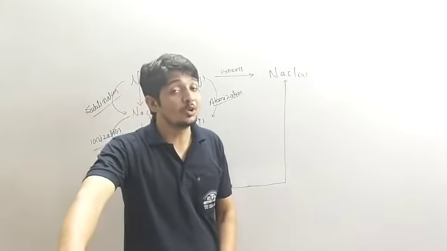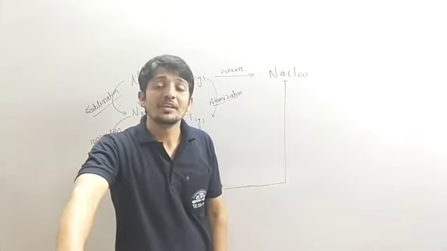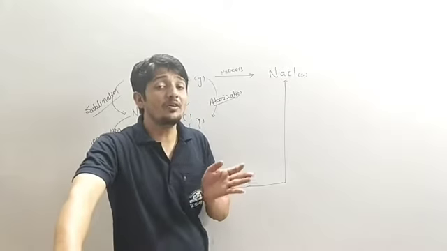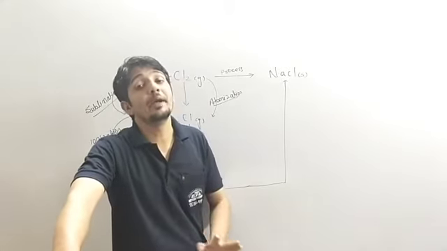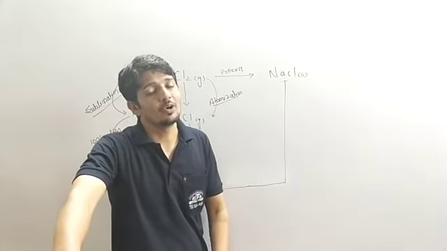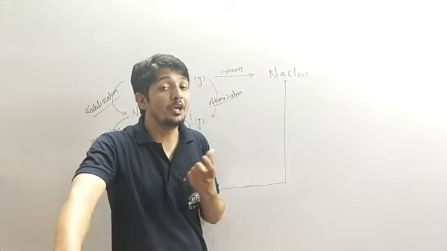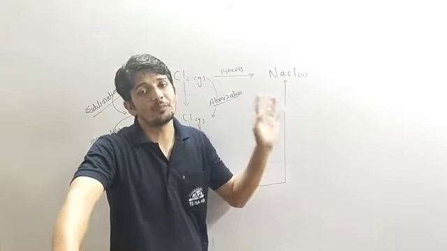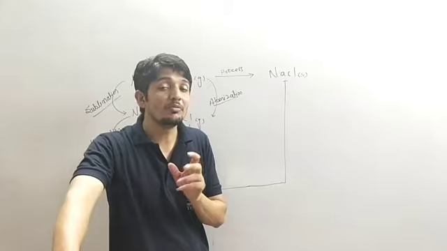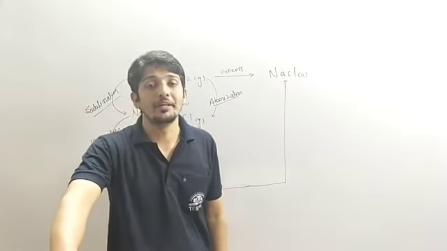And last but not the least, we have metalloids. Metalloids are the elements that have properties of both metal as well as non-metal. Okay, so these are the types of elements which are going to react to form the product. So in a compound we have these different types of elements.